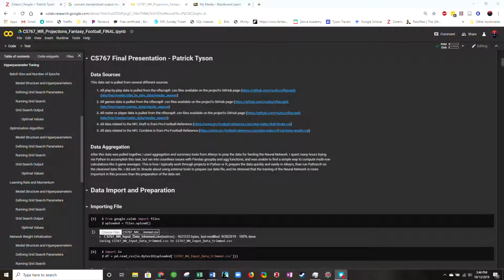The main data source for this project was the NFL Scraper API on GitHub. I used a data wrangling tool called Alteryx to aggregate the data per game and create a moving 3-game average per player per week, which was then output to a CSV file. I then imported that file using Python through Google Colab, segmented the data into training, test, and validation sets, and standardized it using scikit-learn's standard scaler.